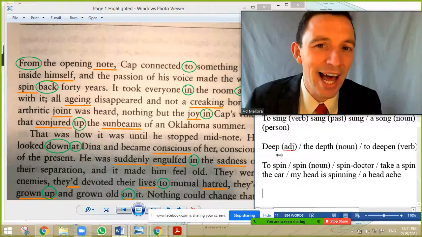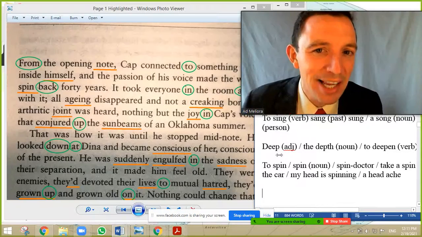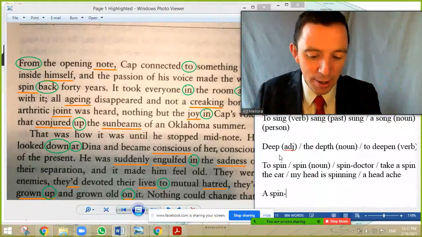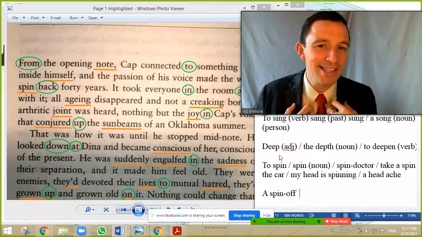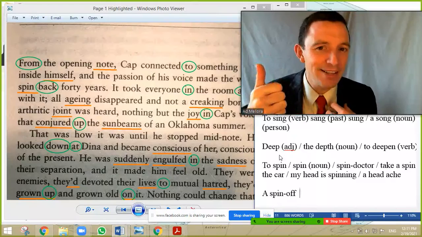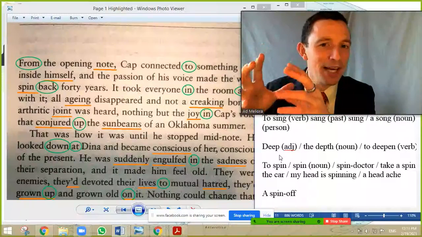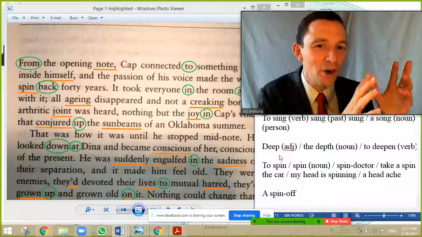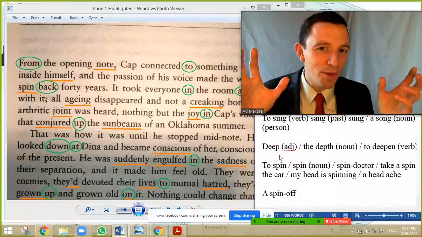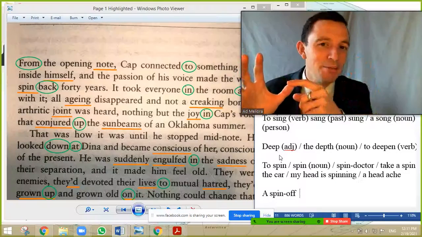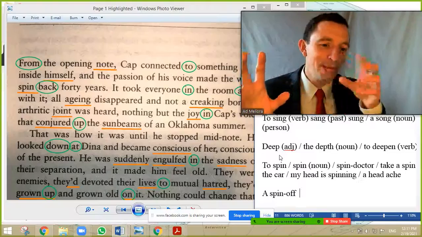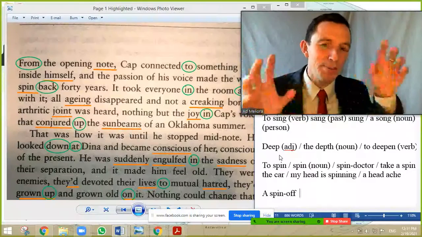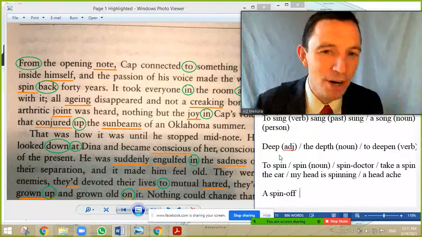And remember, last week we had an example of a phrasal verb, a spin off. That's a typical expression, a spin off. And my example was the series Breaking Bad. You have the original series Breaking Bad, and the second series was, I think, Better Call Saul, because Saul originally was in Breaking Bad, but a new creation, spin off, was a new creation from the original idea. That's a spin off. So it is an important verb for sure.